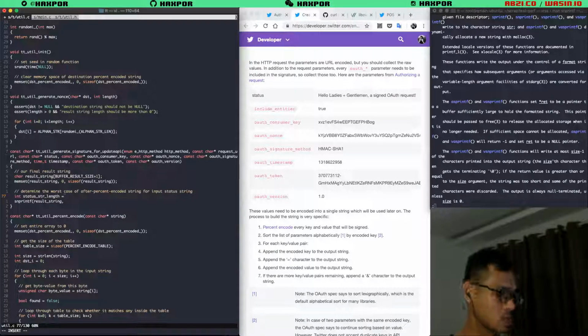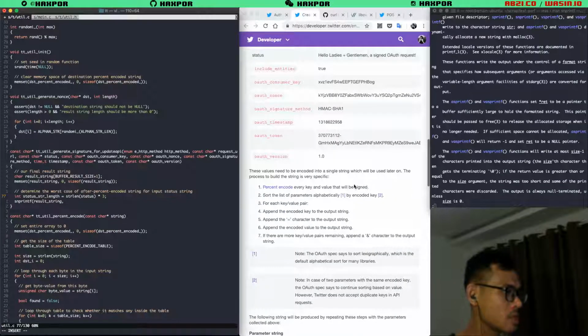Status string length is going to be string length of status multiplied by 3, because in the worst case every character needs to be %encoded, so yeah, multiplied by 3.